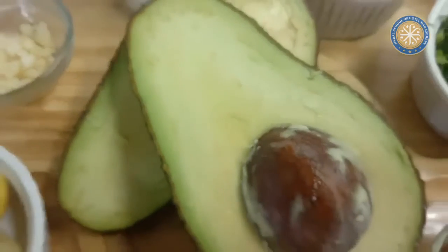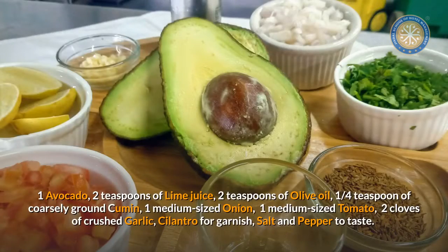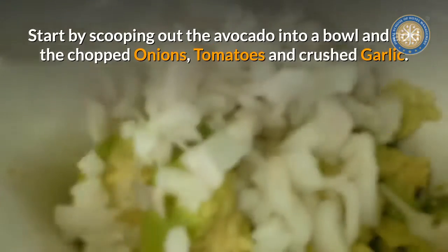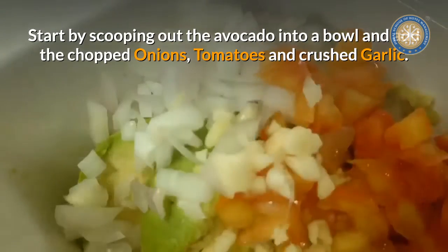The ingredients required for this recipe are 1 avocado, 2 teaspoons of lime juice, 2 teaspoons of olive oil, 1/4 teaspoon of coarsely ground cumin, 1 medium-sized onion, 1 medium-sized tomato, 2 cloves of crushed garlic, cilantro for garnish, salt and pepper to taste. Start by scooping out the avocado into a bowl and add the chopped onions, tomatoes and